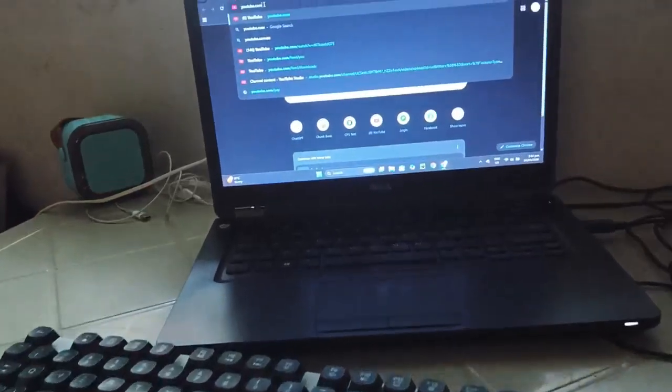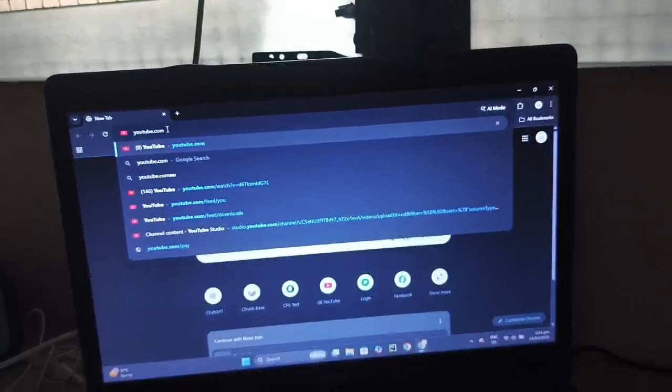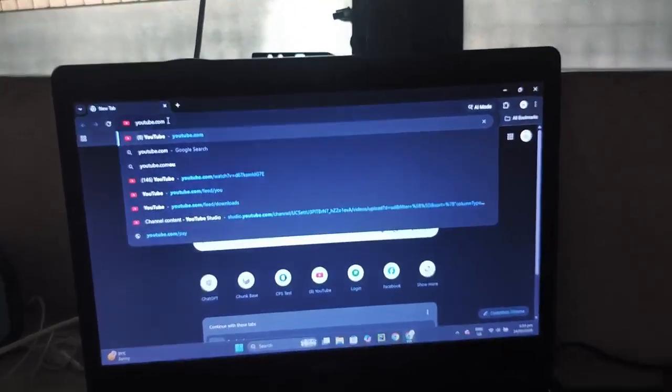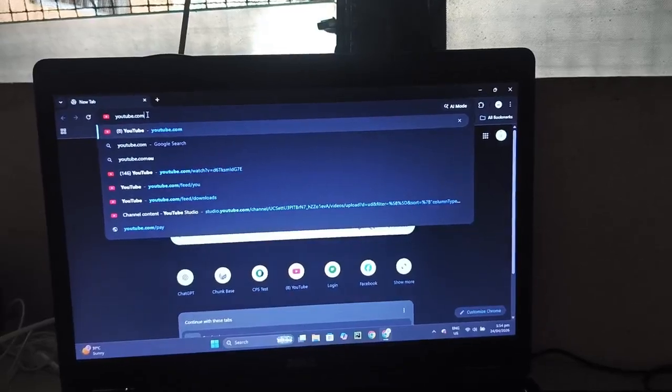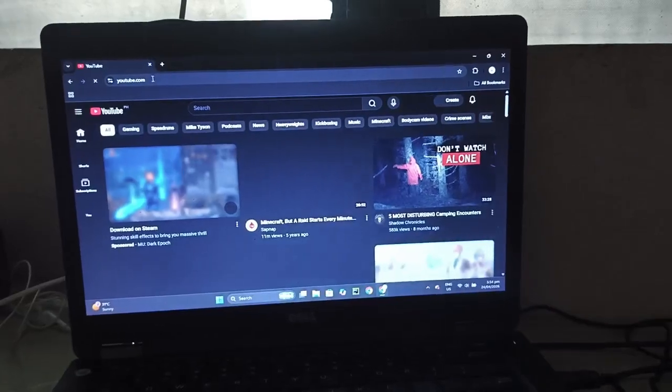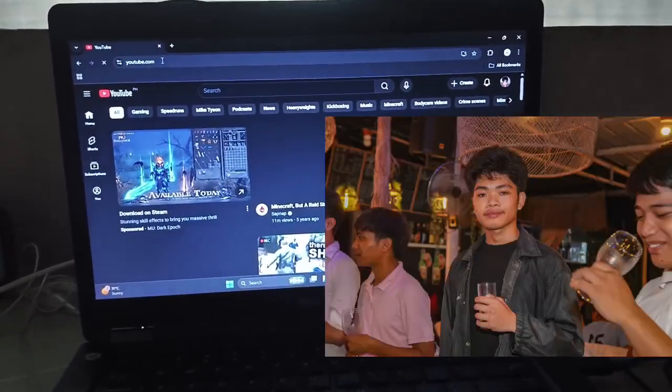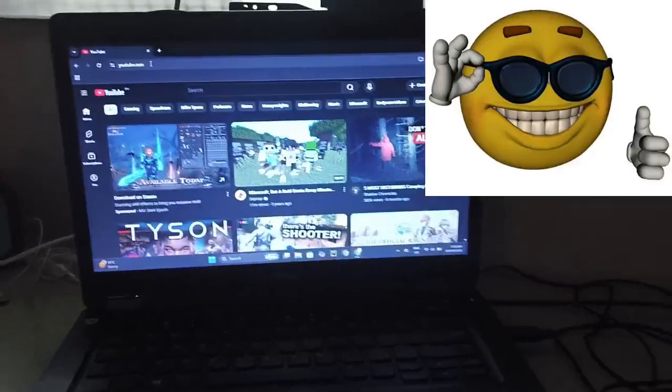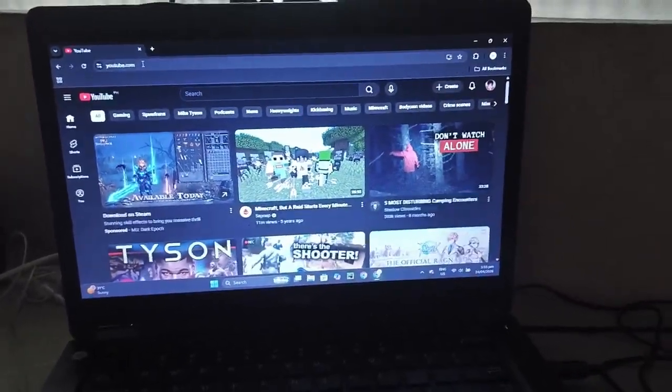So now we're gonna be moving on to DNS. DNS is what turns names into IP addresses for your laptop to find and connect. Here's the example. Now we're gonna be searching youtube.com. We're just searching a name, but how does the computer actually understand where youtube.com is? When you enter it, the DNS translates it to an IP address that lets your computer understand where to connect. So see, now we are at youtube.com. That's how simple DNS is. It just translates names into an IP address for your computer to connect.